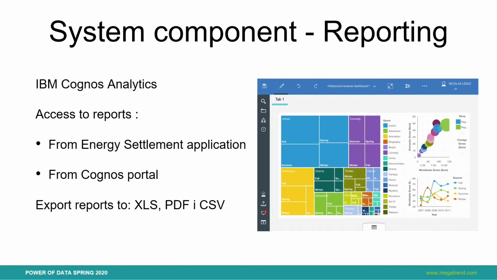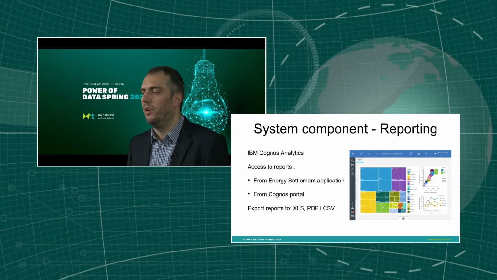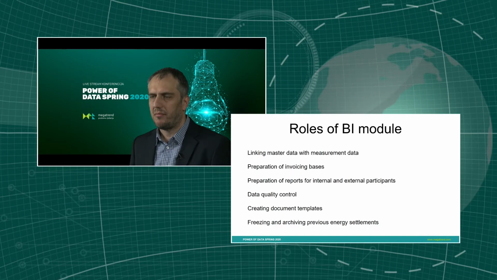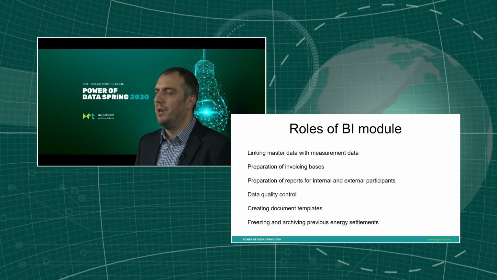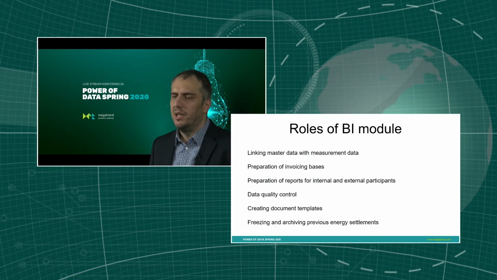The most important thing in this project was the ability to export reports in specific formats. That includes Excel, PDF, and CSV. Excel and PDF reports are used for sending to third-party participants, and the CSV files were used for importing in other applications. Roles of the BI module in this project are linking master data with the measurement data,